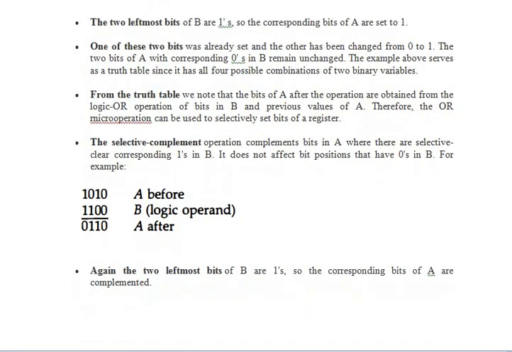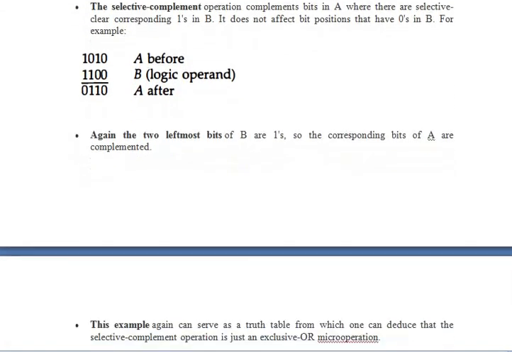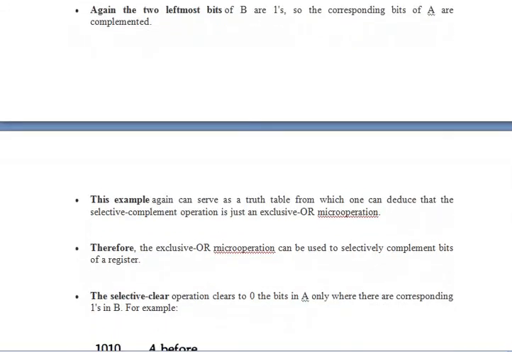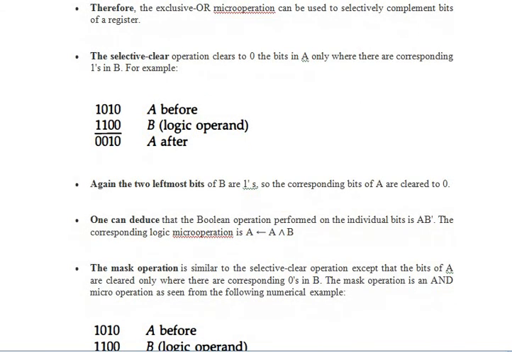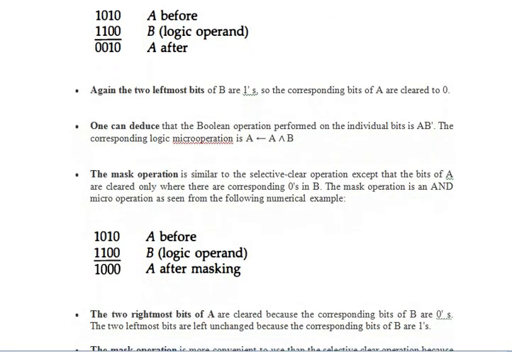Similarly for the OR operation. So this is the AND operation. So you know how to perform it.